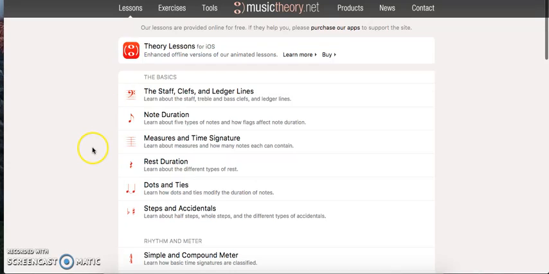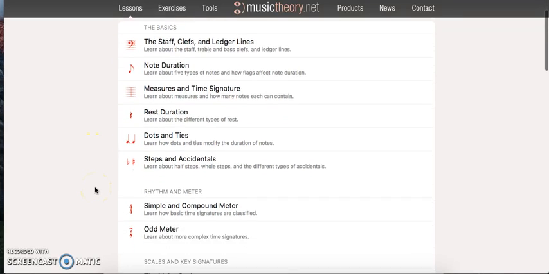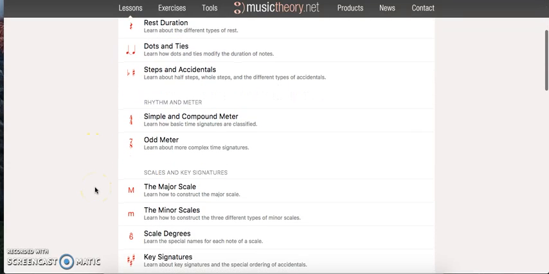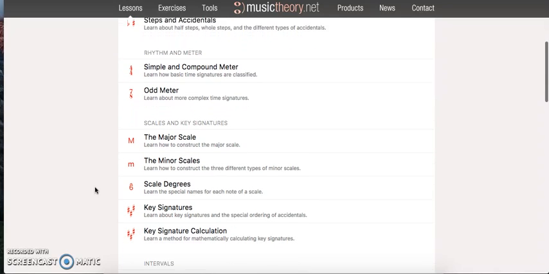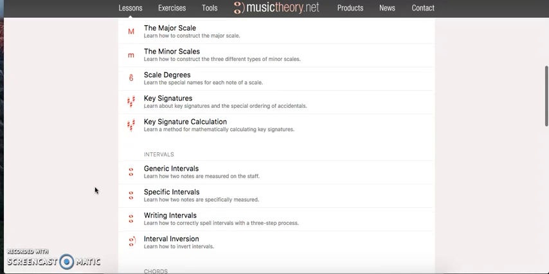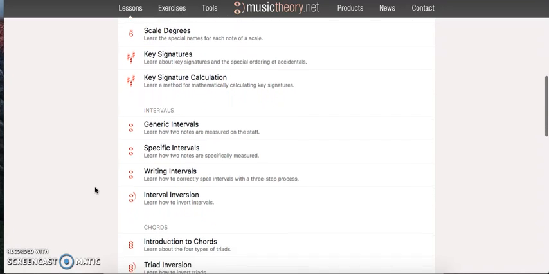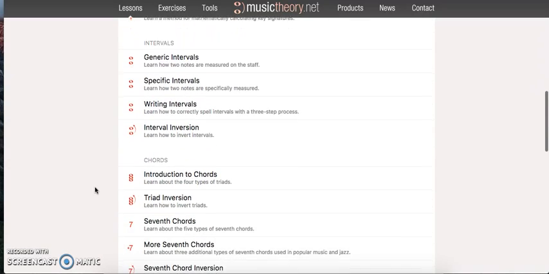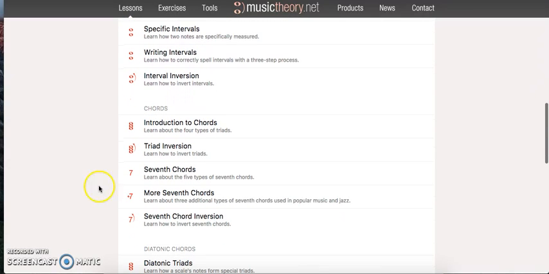The lessons take you through step by step and maybe explain some things in a different way than we talk about in class, or perhaps just a review for what you would like to do, or sometimes maybe you want to look ahead. As we scroll through here, you can see there's a number of different topics, and let's say we are interested in triad inversion. So we'll click on that,